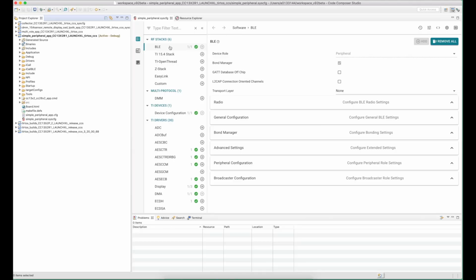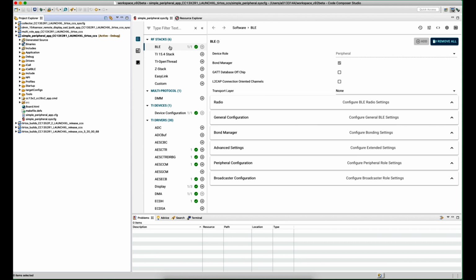Yeah, totally. As you mentioned, Henry did a great job walking through that, so definitely tune in and check it out. But at a very high level, sysconfig is a graphical tool to enable easy configuration of our software development kit, the SimpleLink SDK. Sysconfig is a graphical configuration tool. So we offer it in different flavors. The version that I'm using here today is integrated into Code Composer Studio, which is the development environment a lot of our developers are using when developing with a SimpleLink device.